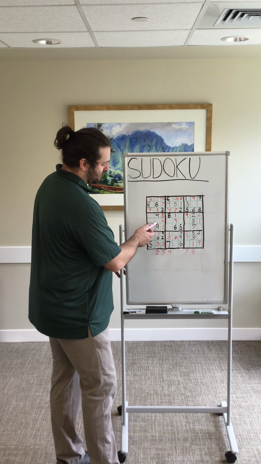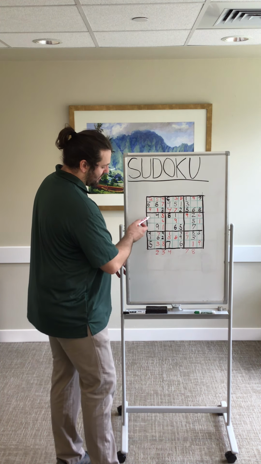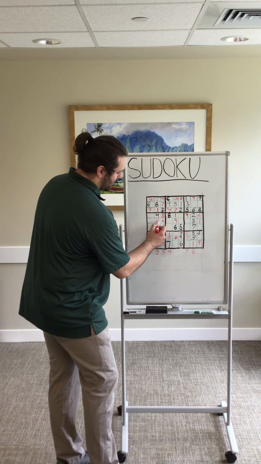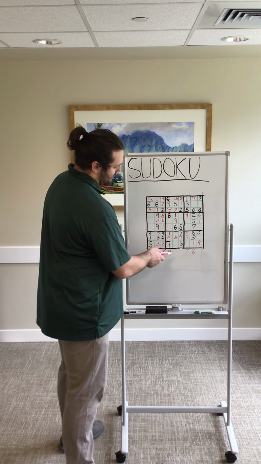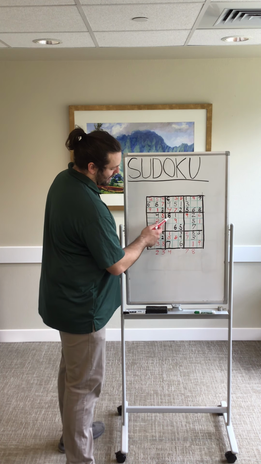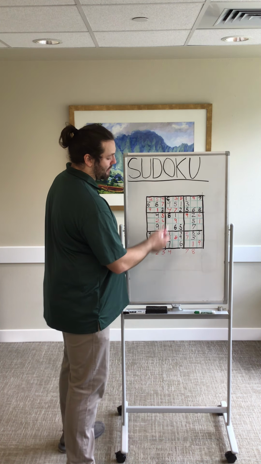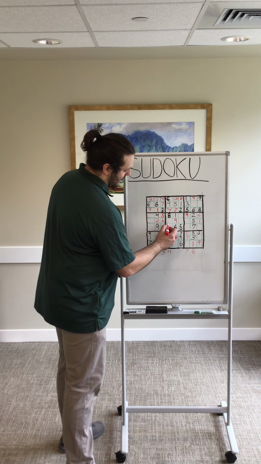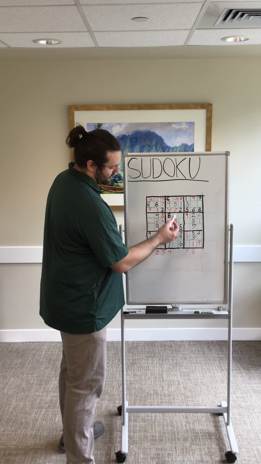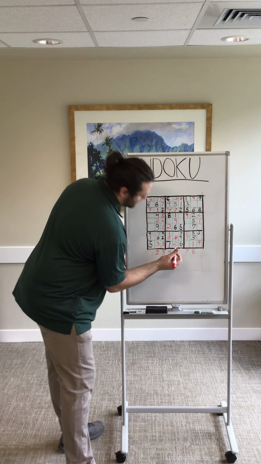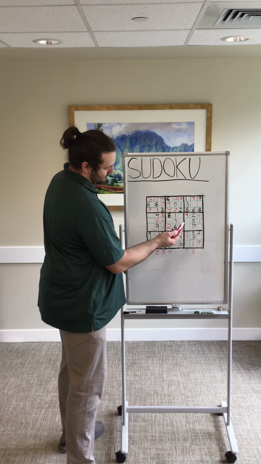Okay, so going down to this middle block, this 2 eliminates those. This must be a 2. There's already a 2 in that column. Moving on to the next row, there's only 2 spots left in that column. That 2 eliminates that. It must be right there. So next column, there's no 2. This must be the 2 because